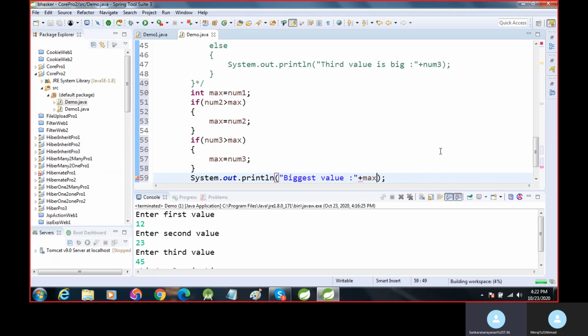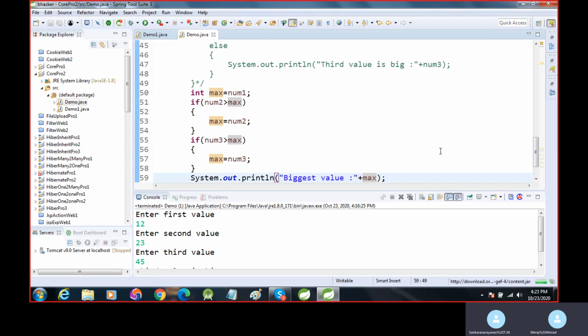In this method, I declare num1 as the big value. Then I check whether num2 is bigger than max or not. If num2 is bigger, then max is equal to num2. If num3 is greater than max, then max is equal to num3.